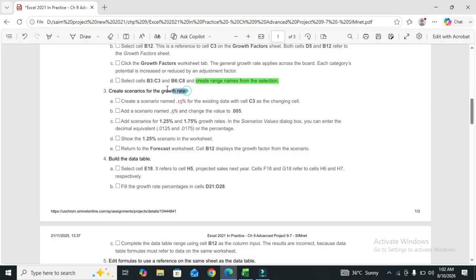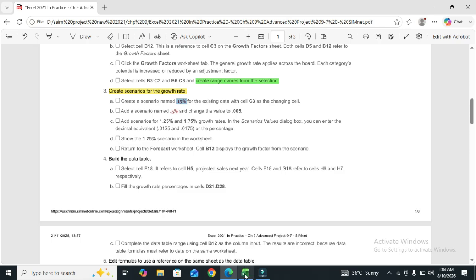Step number 3, create scenarios for the growth rate. Part A is create a scenario named 0.15% for the existing data with cell C3 as the changing cell. So copy the percentage as the scenario name.